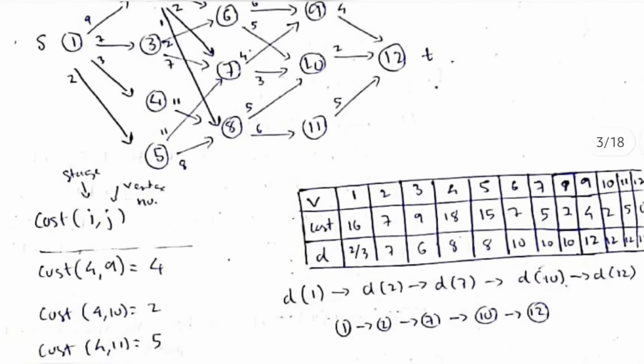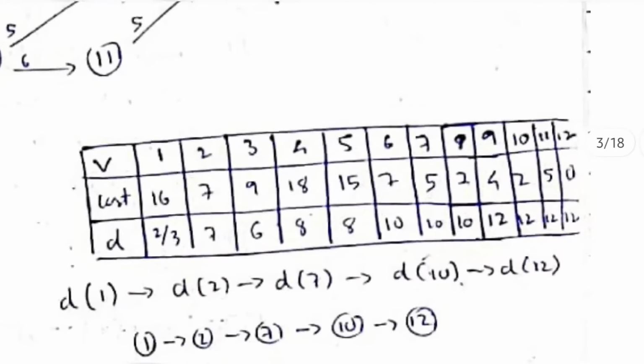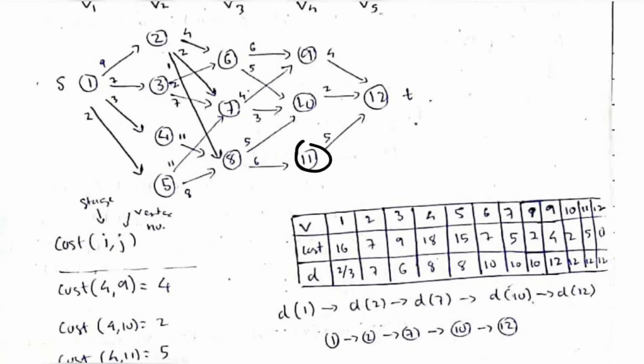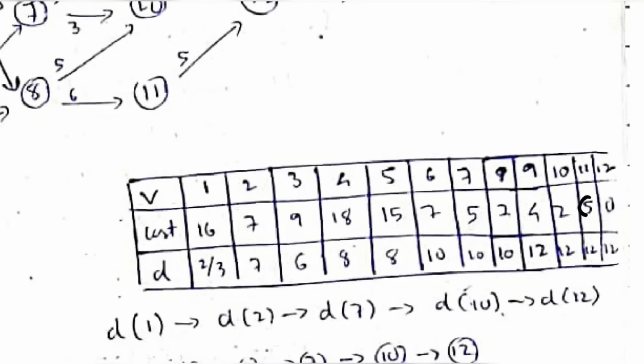Then for the next vertex, 10: cost of 4 comma 10. What is cost of 4 comma 10? That means from 10, if you have to reach the destination, how much will it cost? It will be 2. So we'll write the cost as 2 and D as 12. Okay, similarly for the third one, 11. We'll write cost of 4 comma 11, which is in the fourth stage. So 4 and 11, because it's the 11th vertex, and reaching from 11 to 12 has the weight 5. So the cost will be 5 here, and the destination is 12. So these 4 values are over.